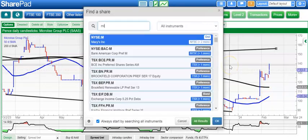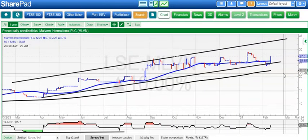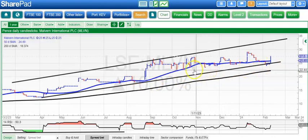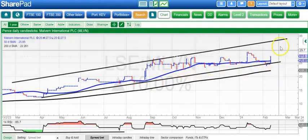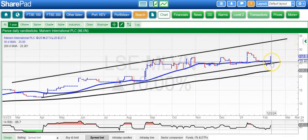Moving along to a stock which I haven't looked at for a long time, but I don't think anybody else looks at typically again either. Malvern. Here we've got a very strong trending stock. Don't normally get so many of these where the pullbacks are rather shallow, and we have a sideways consolidation. Rising trend channel there from March last year, top of the channel there, up to 34 pence. We're looking for that by the end of this month, while we remain above 25 pence and that 50-day moving